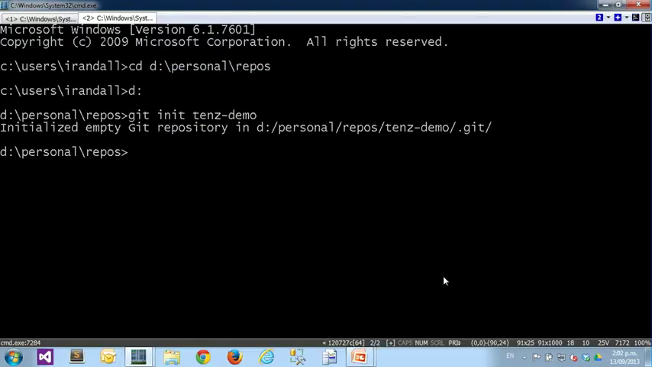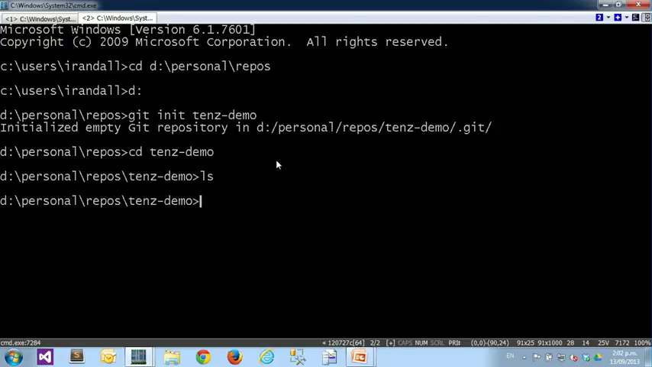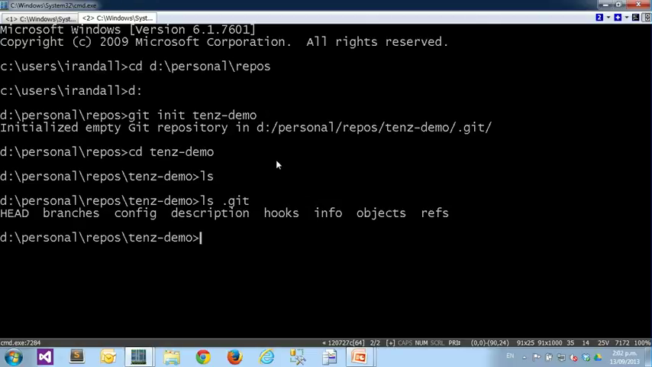Okay. So it's telling us it's initialized an empty Git repository. Cool. So we now have a new folder called TENS demo. So let's go and have a look at that. Let's go into that. What's in it? Nothing. We don't have anything in there. But what we do have is a hidden folder called